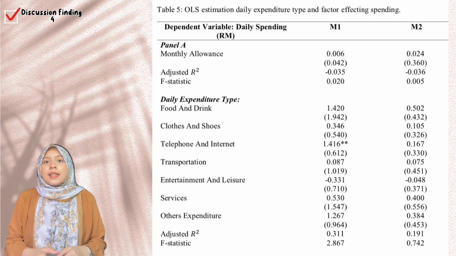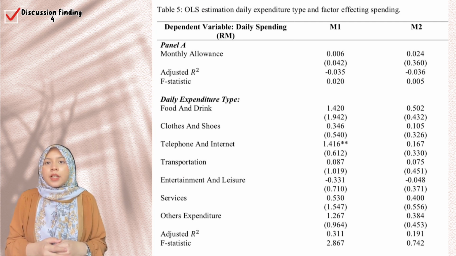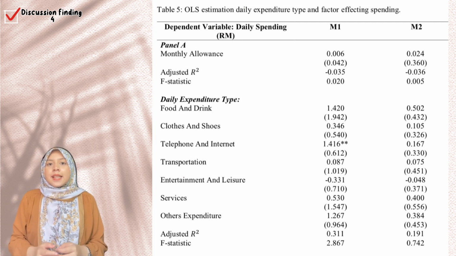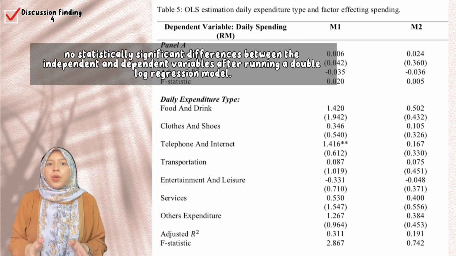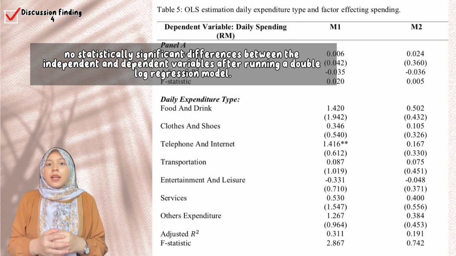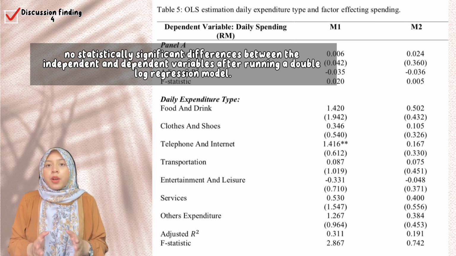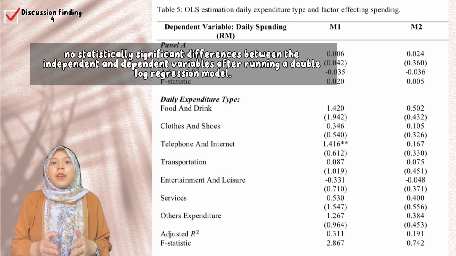The p-value for M2, which is linked with research question 2, I discovered that there was no significant difference between the independent and dependent variable after running a double log regression model. For instance, the daily spending category for food and drink has no correlation with student overall spending because the p-value is at